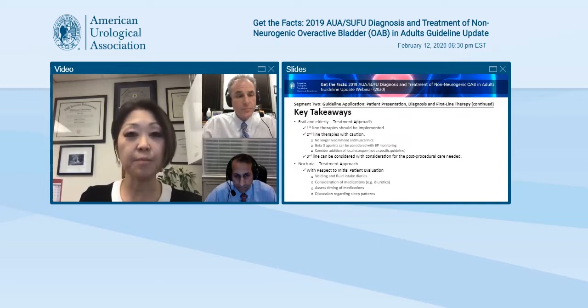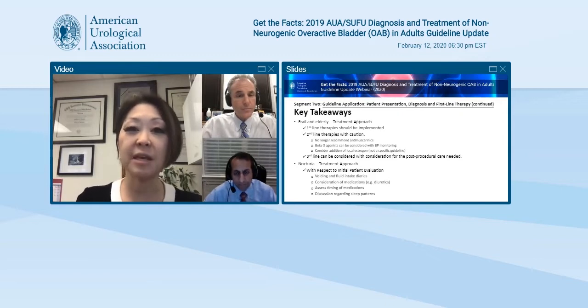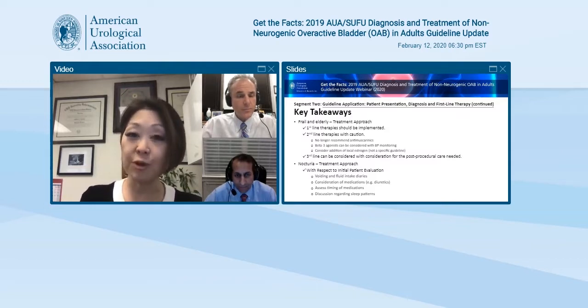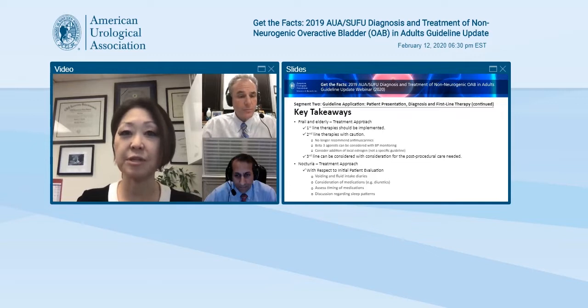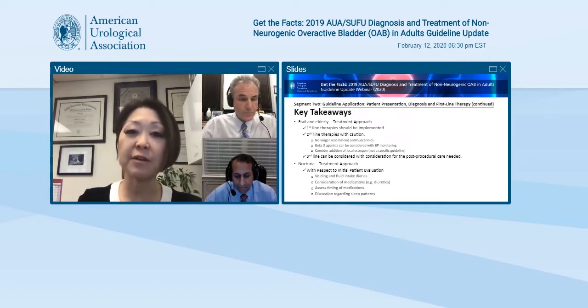I think the other thing to consider is their sleep patterns. Do they have sleep apnea? Another thing is just fluid retention in the lower extremities. So I do tell patients they should get their legs elevated when they get home and get that fluid mobilized. What you don't want is for the first time that they elevate their lower extremities for the day to be when they retire for the evening, because all of that fluid will mobilize and turn into urine. So if they can get their feet up for a few hours before they go to bed, maybe watching the news or whatever, that would be great. And lastly, compression stockings, that sort of thing. So really behavioral tips can be very helpful and I think quite impactful for patients.